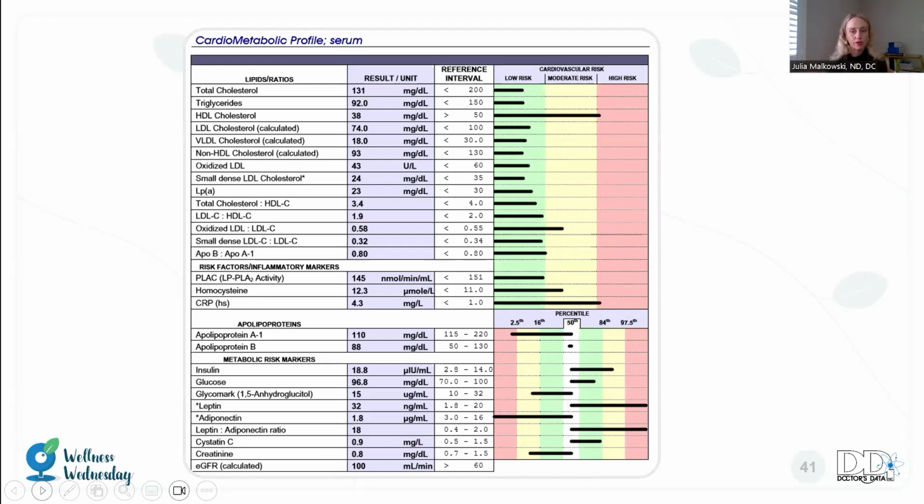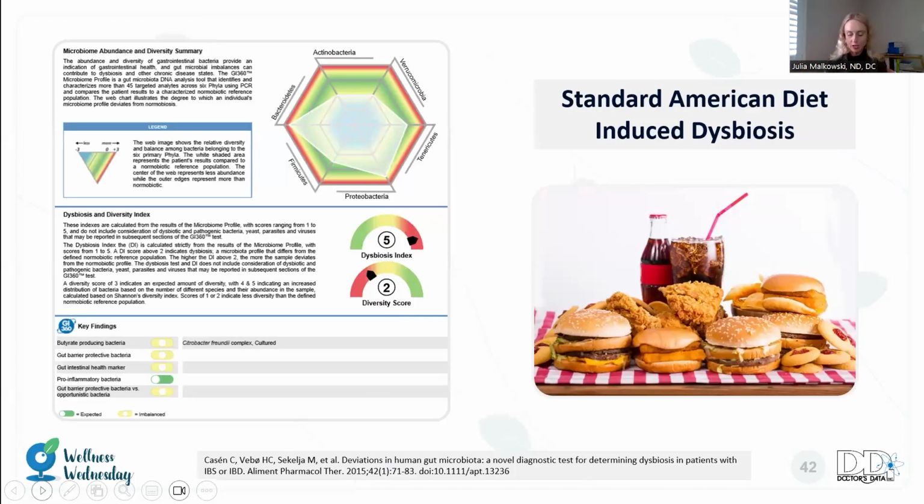But then going further down the profile, we still see that the high sensitive CRP is there, and then the homocysteine is elevated. So these markers are too high. So that medication's working, but there is some inflammation. Furthermore, apolipoprotein A1 and HDL, that healthy lipid, is too low. And then we see this individual does have that leptin resistance there. So that very high leptin marker. Taking a look at this individual's microbiome, we can see what's called that microbiome-induced standard American diet.